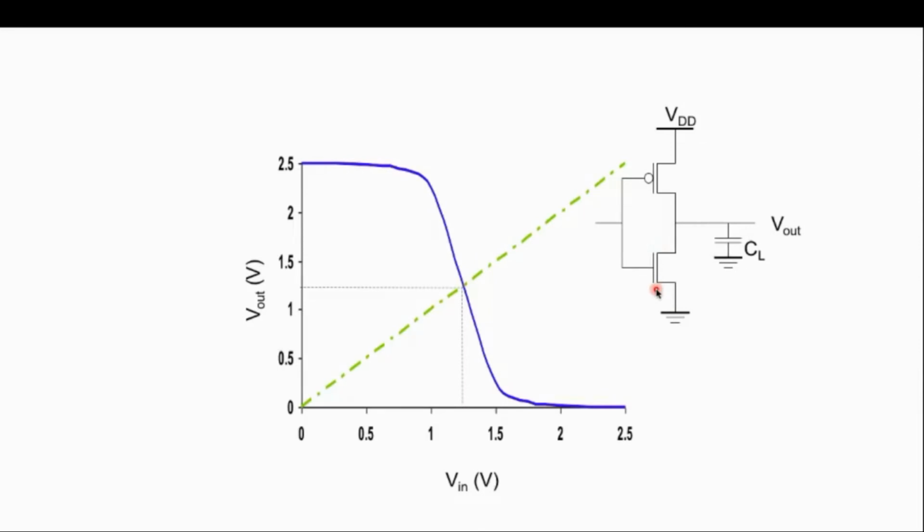So overall what happens, corresponding to your input, your output is 1 or 0. When output is 1, that means your capacitor is fully charged. When your output is 0, your capacitor is discharged. So the set of transistors which actually charge the capacitance is called pull-up network, and the set of transistors which discharge the capacitor are called pull-down network. Why am I using the term set of transistors? Because later on we will implement NAND gate and NOR gate using CMOS technology. So that's why I am using this particular term.